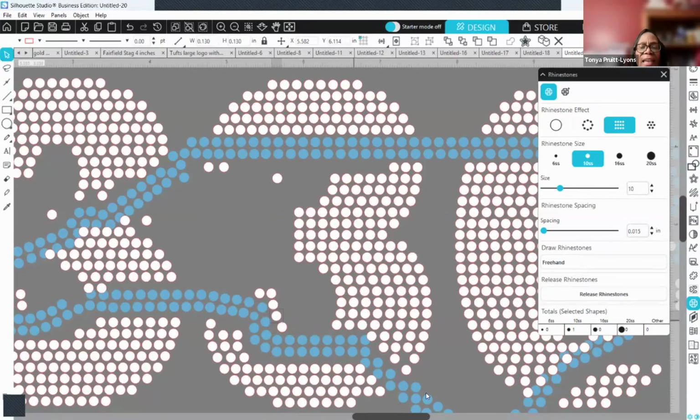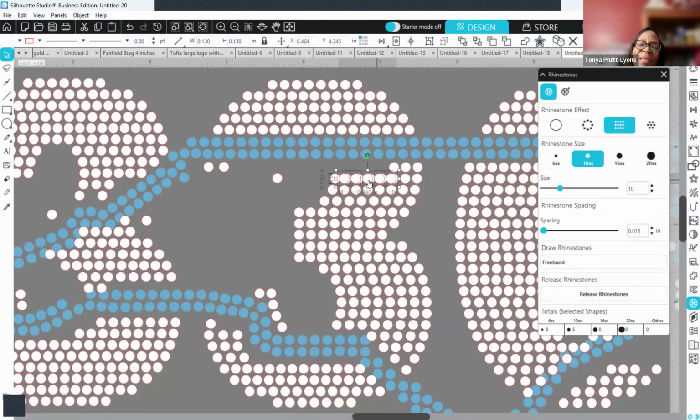While I'm in this area, I can add some stones here. In order to do that, the quickest way for me is to grab these stones right here. What I did was I just dragged the box. I clicked and then just dragged. Or you can click on one, hold your shift key while clicking the other ones. Okay. And I'm going to right click,